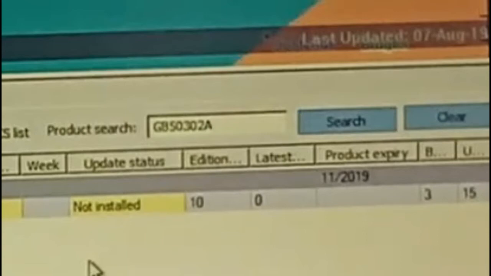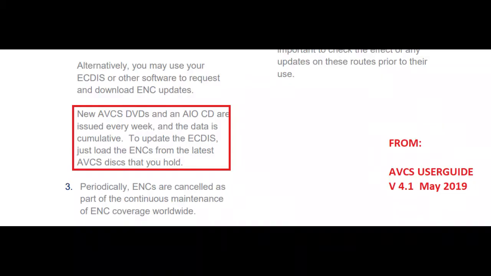So you have to apply the base DVD and also the latest week correction, only the latest week correction, no need to apply the in between correction. Like if you are at week 6 and you have a base DVD of week 1, so you only need to apply the base DVD of week 1 which you have on board and the latest week correction. So if you have week correction of week 6, so only that base DVD 1 plus weekly correction of week 6, no need to apply week 2, 3, 4, 5 weekly correction.